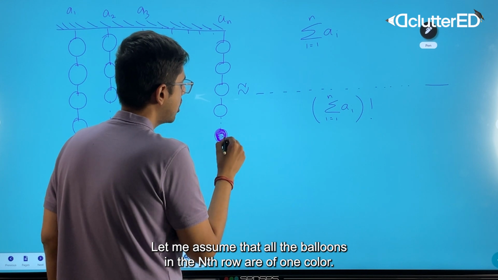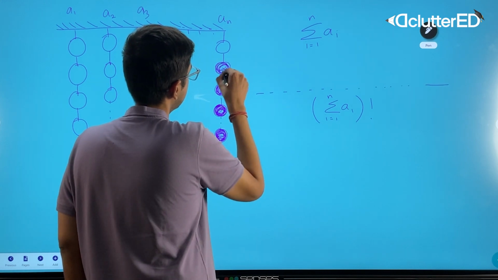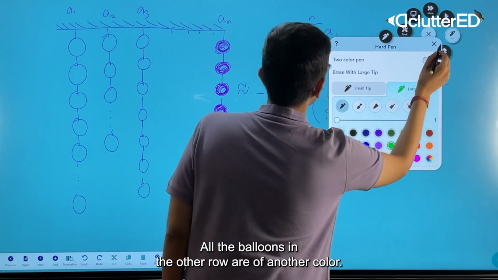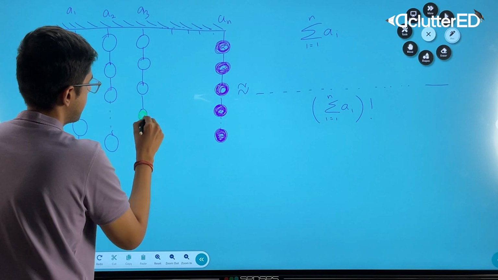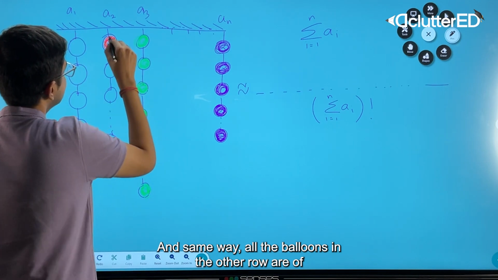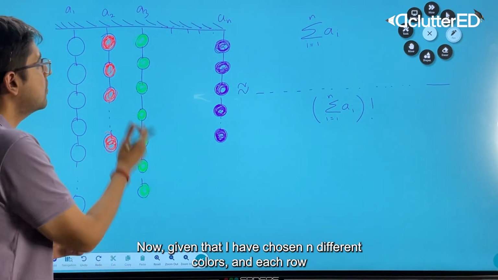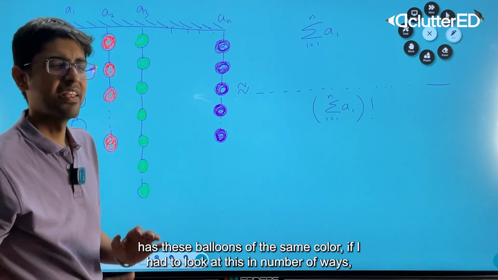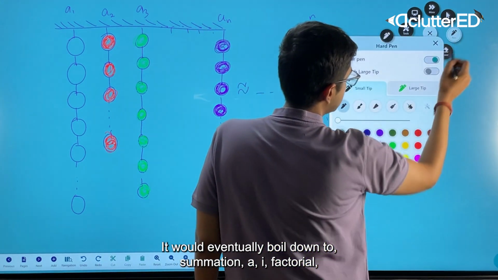Let me assume that all the balloons in the nth row are of one color, all the balloons in the other row are of another color, and same way all the balloons in the other row are of another color, and that way. Now, given that I have chosen n different colors and each row has balloons of the same color, if I had to look at the number of ways I could arrange this in a straight line, it would eventually boil down to